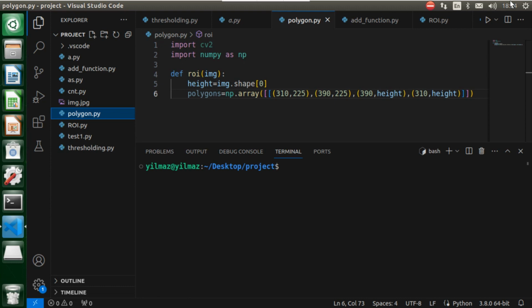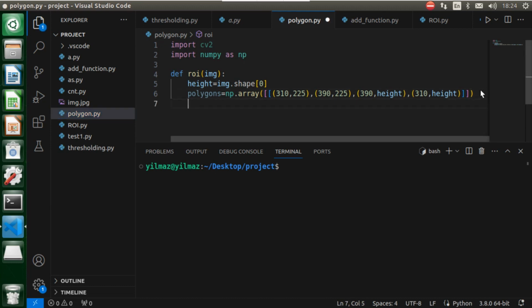So let's create a variable named mask. Let's type here mask and also put an equal sign, and here we need to learn a new function on this variable. The name of this function is zeros_like function. Thanks to the function, we can create a zero matrix. So what will be the size of this matrix image?